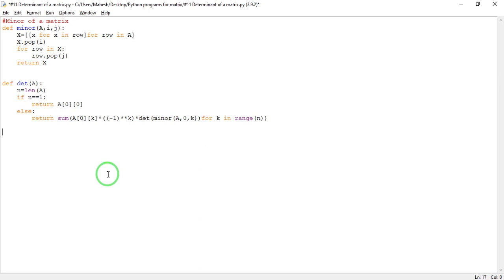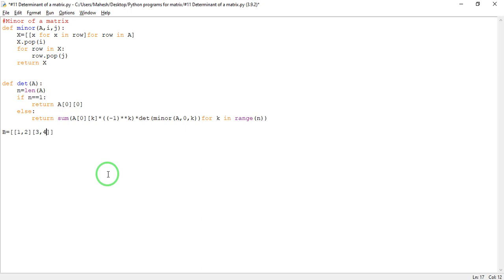Let us go for output. So let us first go for a matrix, say A, not Y, we will take X, or let us take, say, B. B equals, let us take a 2 by 2 matrix. So we have two vectors, a 2 by 2 matrix, so it will be like 1 comma 2 and 3 comma 4,